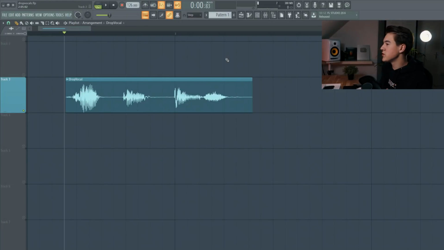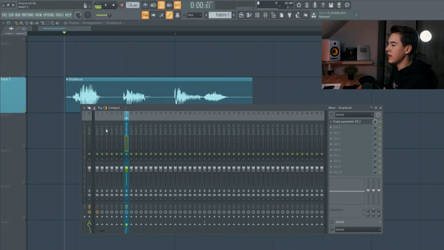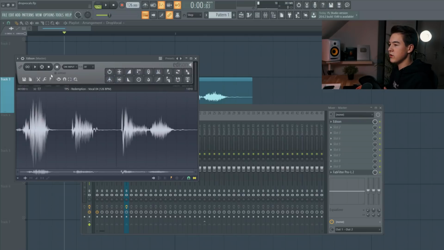The first thing you do is to record a vocal. You don't really need to have a really expensive microphone, but you can also work it out with a microphone for around $50 or something. Then record it in FL Studio like I did over here in Edison, as I'll show you, and the